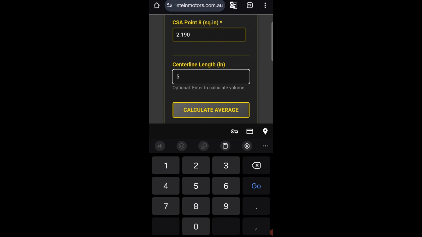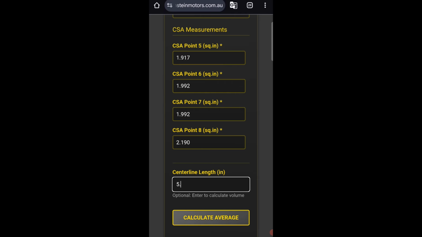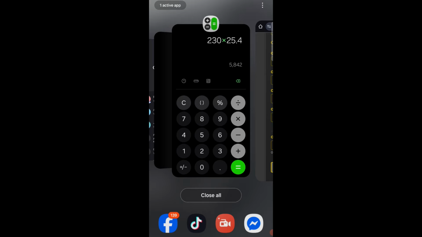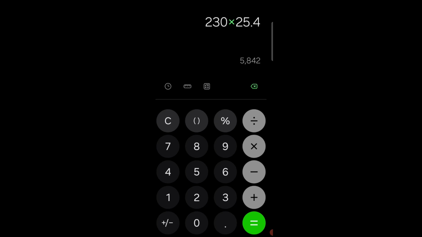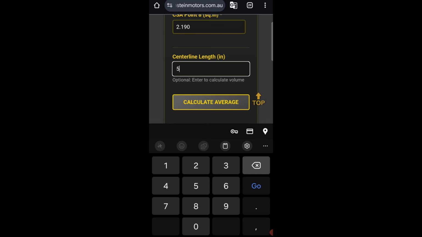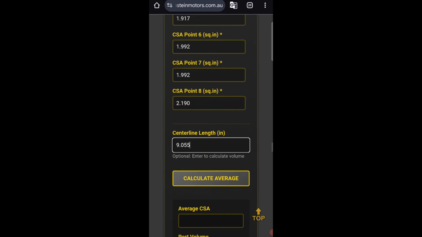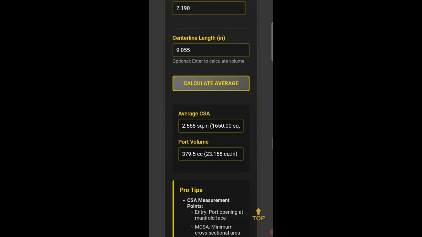Is that right? Did I calculate it right? Yeah, 5 point. That's not right. Times, you dickhead. Sorry, guys. Divided by 25.4 gives us 9.055. Any remainders? No, that's fine. All right, and calculate. So our average, and it's also given us our total port volume of